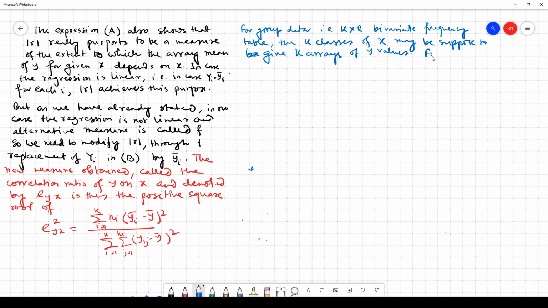For the ith array the total frequency is fi naught and the array